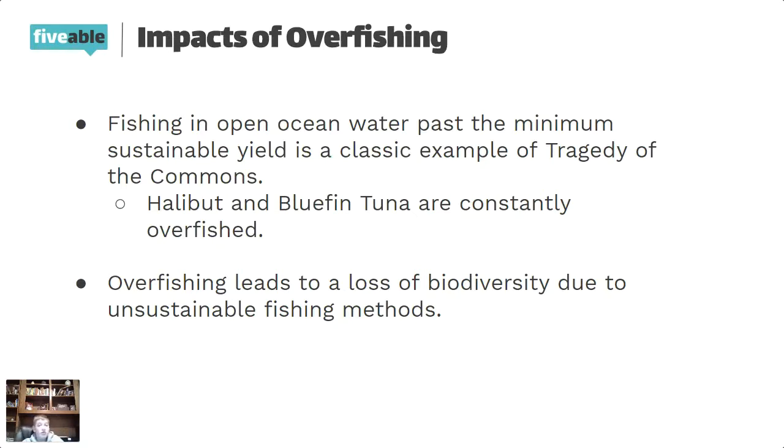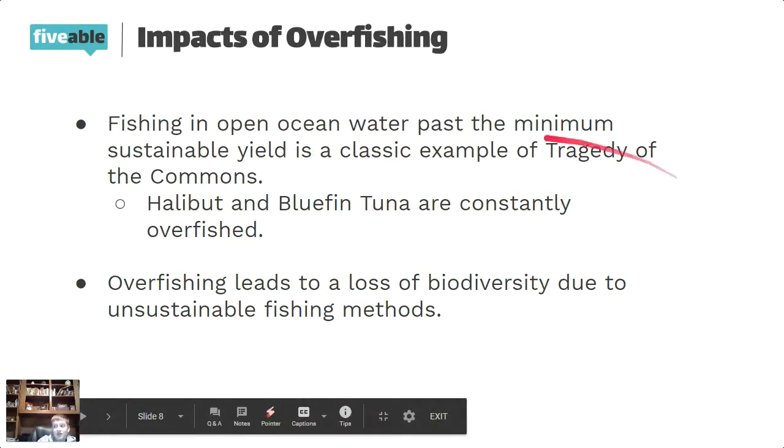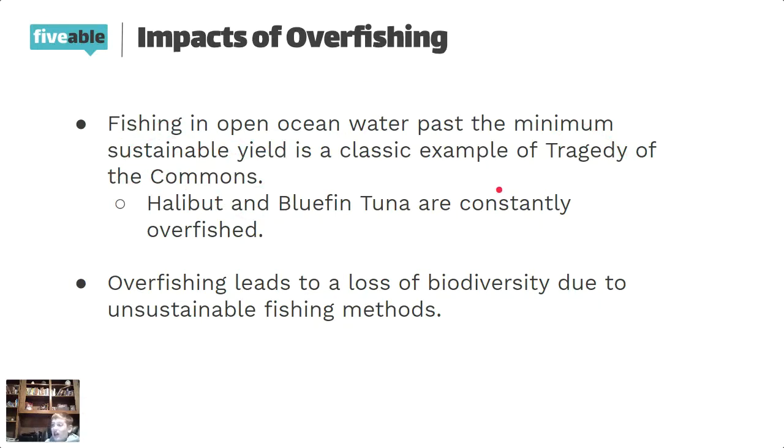In Japan, a few years ago, they had a problem with some bluefin tuna sushi fish that they needed, but all of their fishers were taking too many and they were trying to hog them for themselves, just like in the tragedy of the commons. It's popping up here again. It's in Unit 1, and it was in Unit 5 now again.